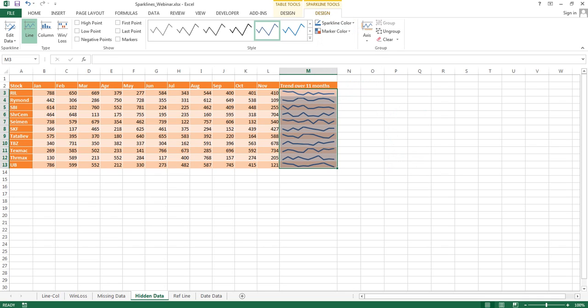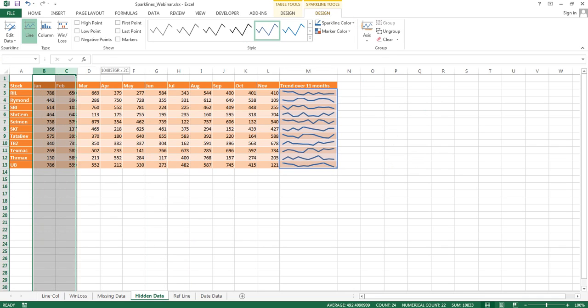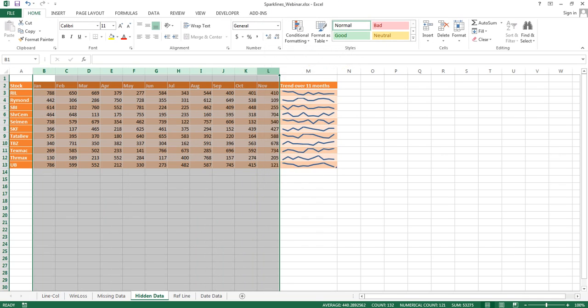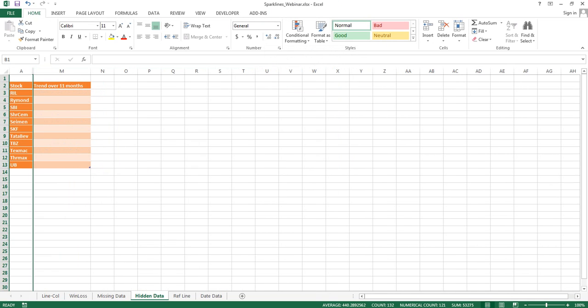Right, and as soon as spark lines are ready, what I do is I select my data to hide it, and as soon as I hide my data, what has happened, my spark lines also disappear. So my spark lines, if the data from which they are being created gets hidden, the spark lines do not exist in your Excel anymore. So how do we go about it?